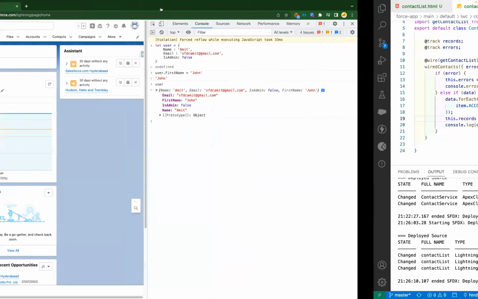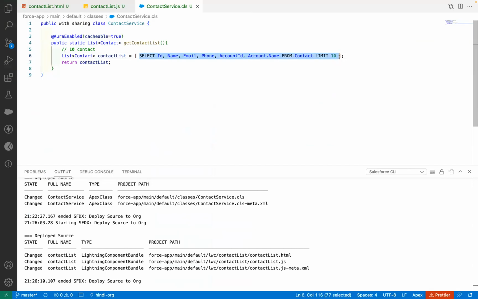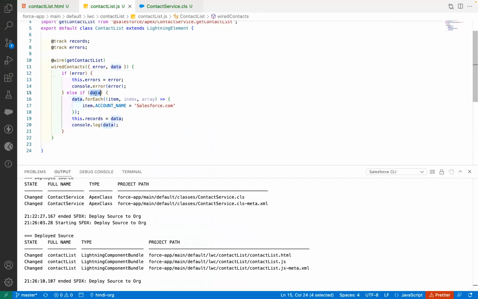Now, what is happening here is this query is returning us 10 contact records. We have got the 10 contact records in this data array. If I have to simulate it, this is going to give you the information something like this in an array. And this array is going to contain objects like this. And these objects are going to have attributes like ID